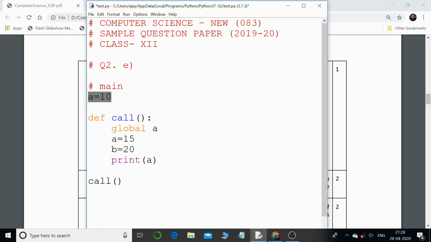This definition is not part of the main program, understand it. It is a definition, and only when we give a call to the function is it going to jump to that particular function.